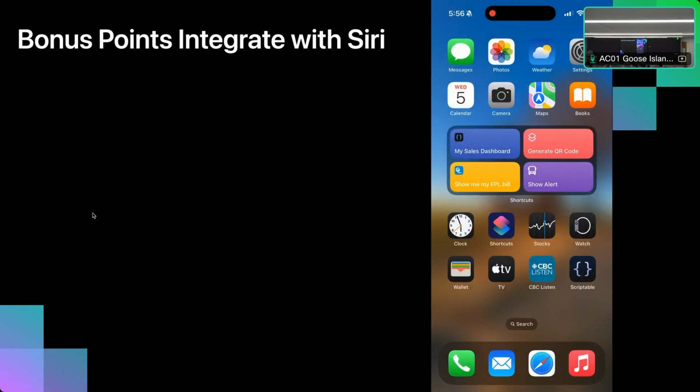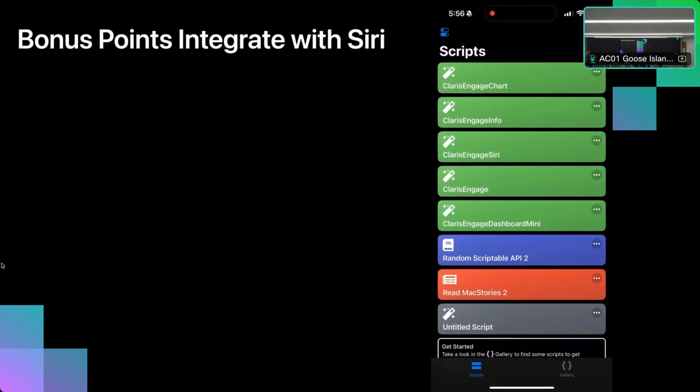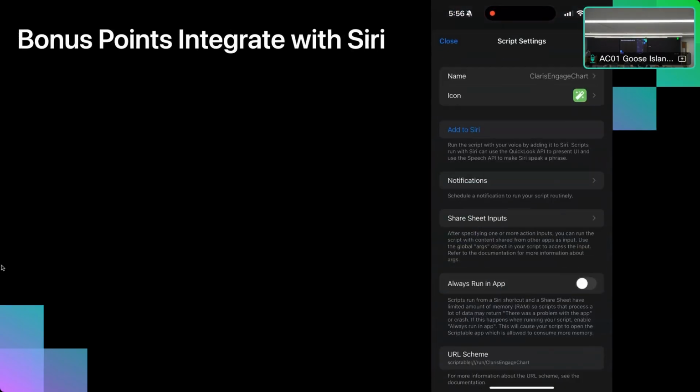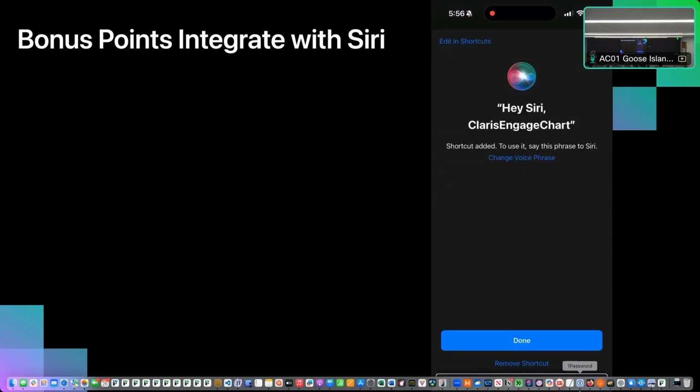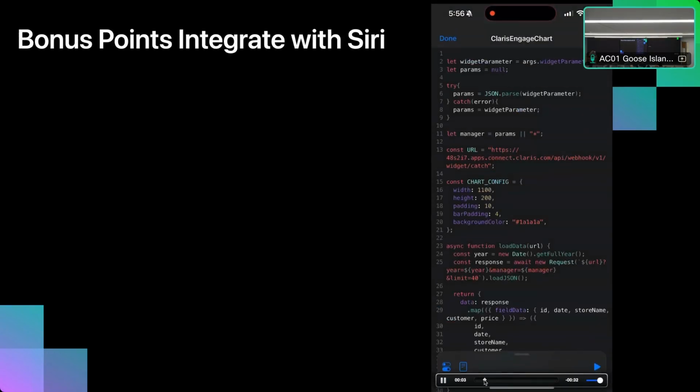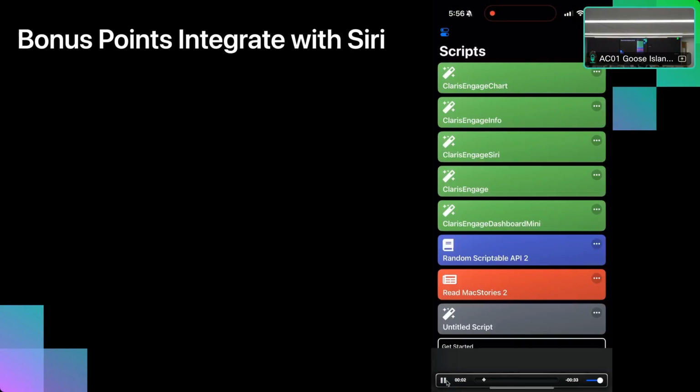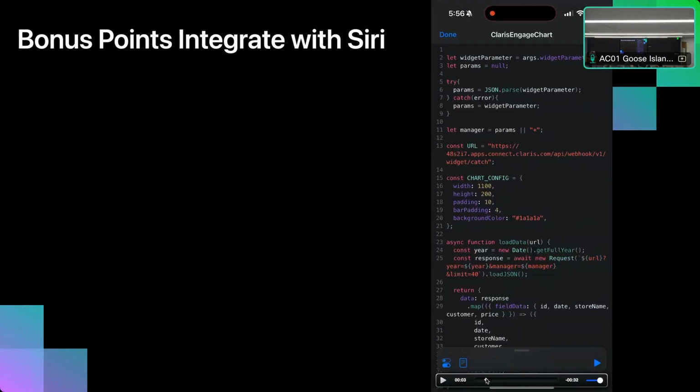Bonus points that you get is the ability to integrate with Siri. So when you look at this and you open up the JavaScript file, that went a little bit too quick. Let me back that up a little bit so you see. So like when you're here at the top, right? These little ellipses up here. If you click on that, you'll end up in the editor for that JavaScript. And down at the bottom, right here, this little button. If you press that little button, you'll end up in this window here.